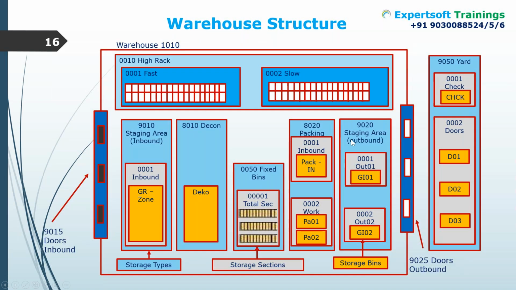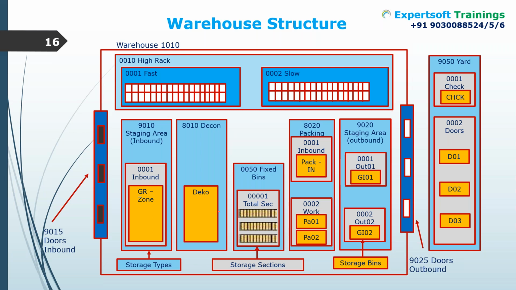Okay, this leads to the organizational structure. After that we need to maintain our warehouse structure. The warehouse structure is almost similar to SAP WM. There are not many changes as far as the structure is concerned, but there are a few additional objects we are going to create, like activity areas, and based on that we are going to group our storage type and